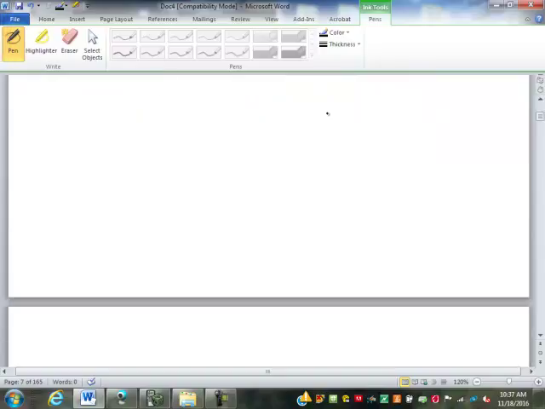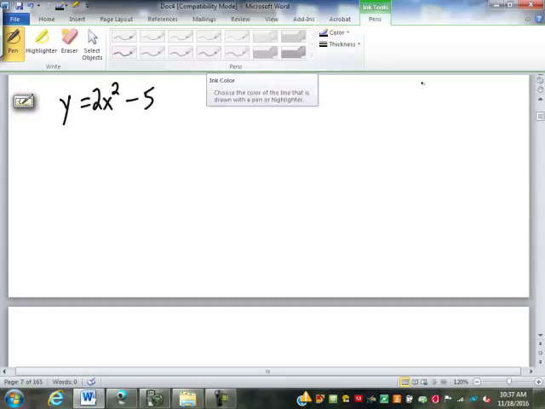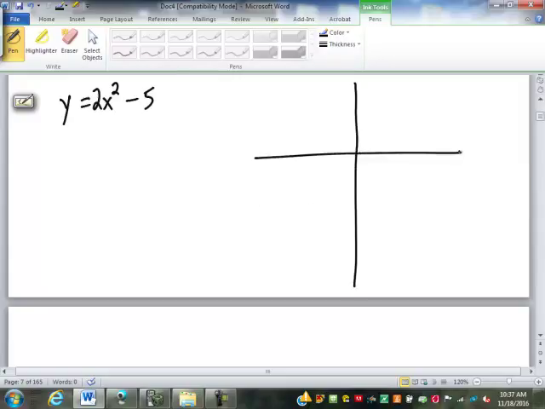Now we did work with some non-linear equations. We had things like this: y equals 2x squared minus 5. To graph that, of course, if we work with these long enough, you would know that that x squared means it's going to form a parabola, or a U-shape. But the only way we've learned how to graph them, and as far as we're going to go in this course, is to use a table